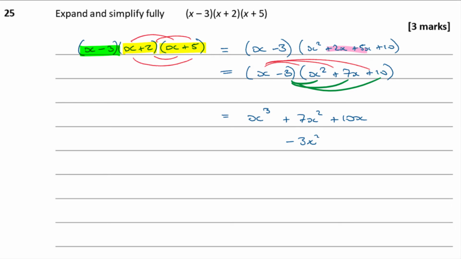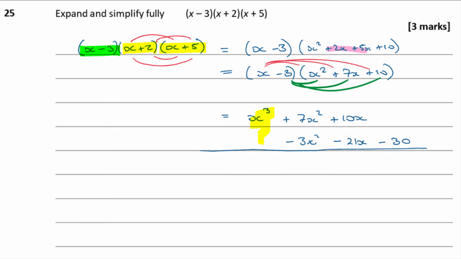And then negative 3 times 7x, that's minus 21x. Again, I'm going to write it under the existing x term. And then negative 3 times 10, that's minus 30. I'm going to write it under the non-existent constant. Okay, now the reason I did that is because then I can add up